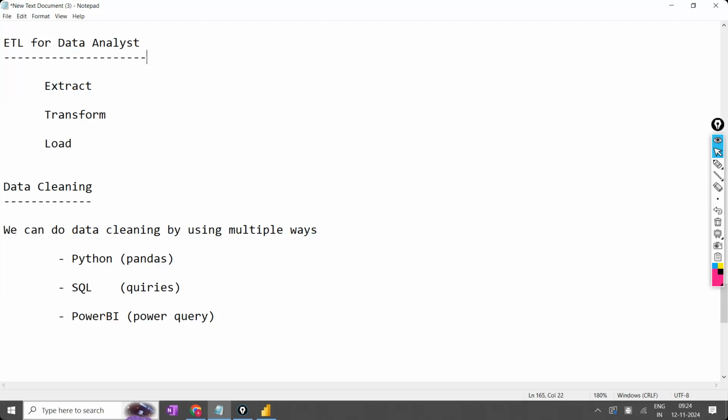They will keep the data. In some situations, they are called data entry operators. In some situations, we call them representatives or something. For example, if you go to HDFC Bank and give one application form, they are going to enter the details, click submit, and it will be stored in the database. Who is entering? The HDFC Bank representative. Is he called a data engineer? No. He is going to add the data directly into the database. So someone in the backend has created the system in that way,